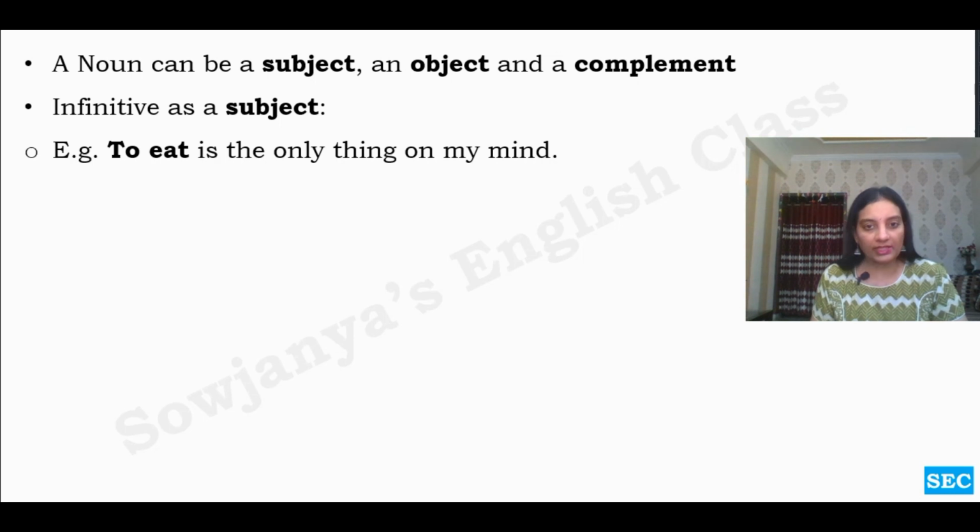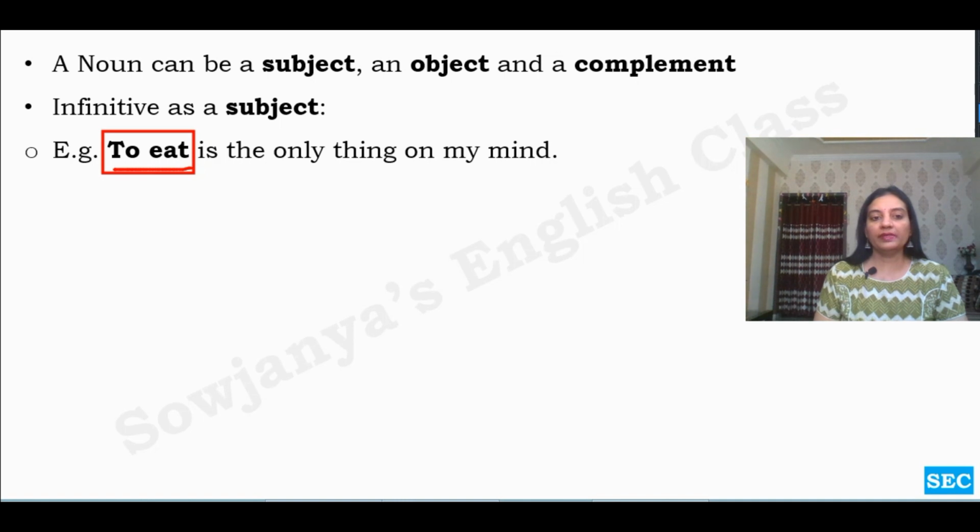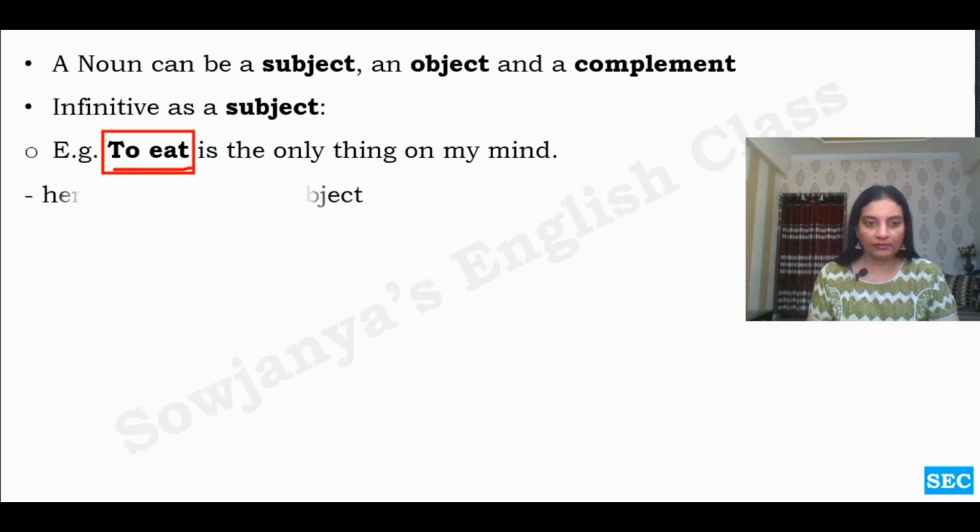See, as I have explained to you in my gerund lessons, even an infinitive can be replaced by something. If you get the answer, then only it is an infinitive. Okay, let us check. To eat is the only thing on my mind. So let us replace this particular infinitive with something. Something is the only thing on my mind now. Here we get the meaning. So to eat is an infinitive that is acting as a subject in this sentence. In that way we can find out. Here to eat is the subject.